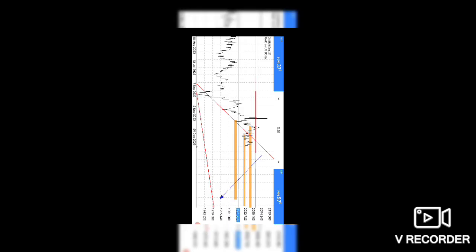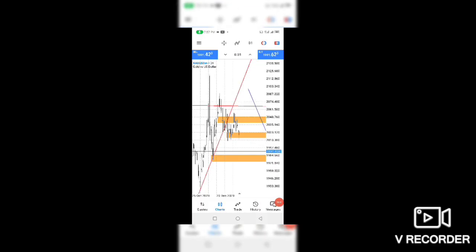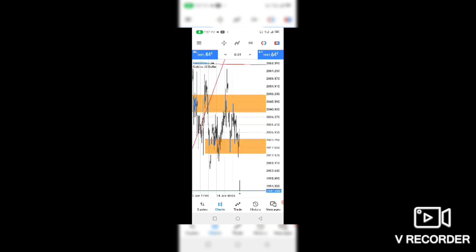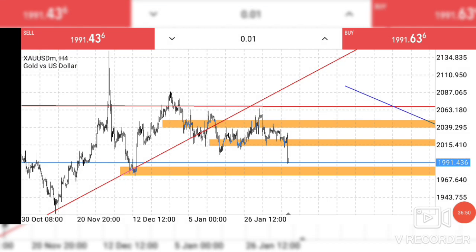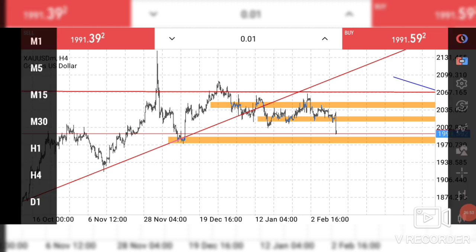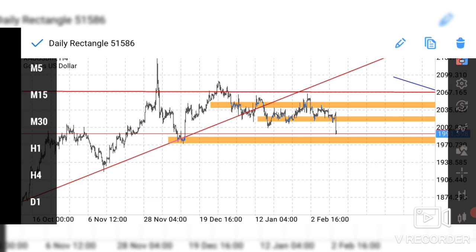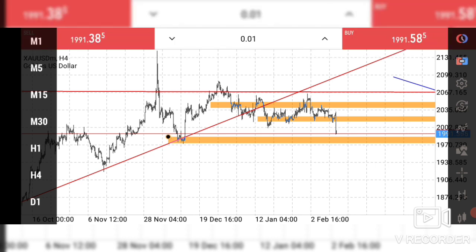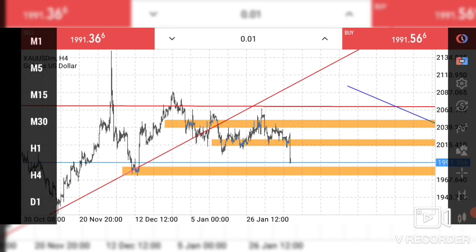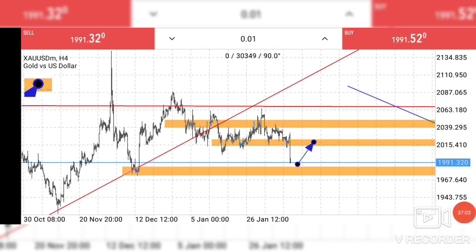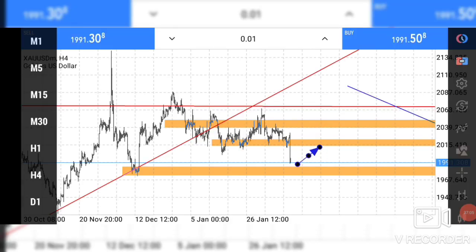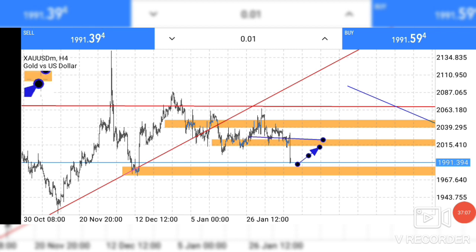So sellers are in control, right? Simple. So I don't need to go to hedge fund. All I know is that sellers are in control. But if I go further to hedge fund, you know that sellers are really in control. If gold manages to take out this turning point, sellers will be fully in control. But if gold fails to take out this turning point, then it will be trading between here and here. That's what we call a trading range. What is a trading range?